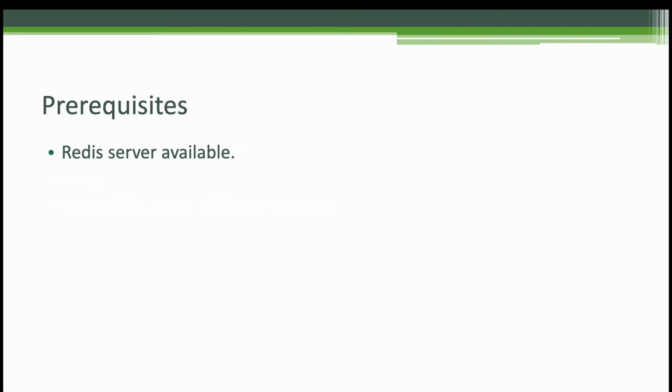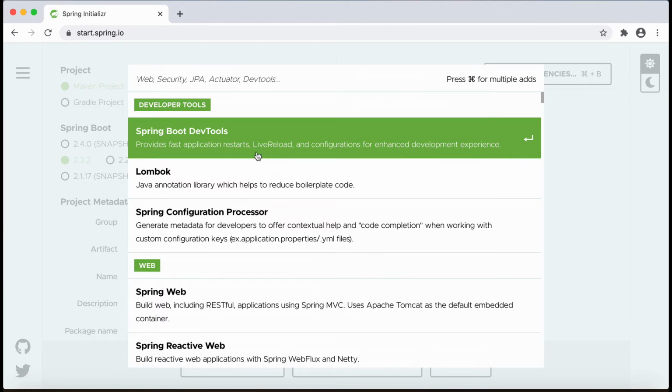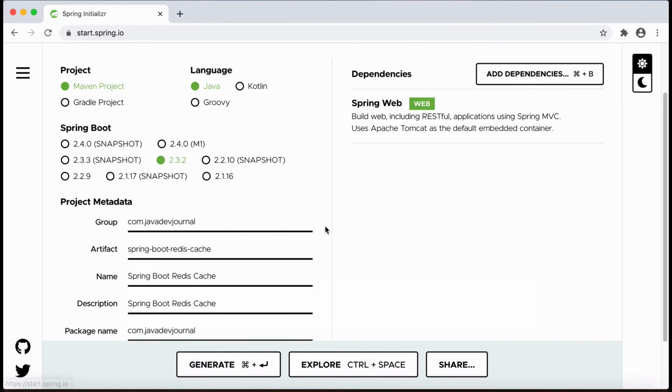All right. The first thing we are going to do is create our project structure. I'm going to use the Spring Starter. We'll open the browser, go to the Spring Starter, and fill out all the details based upon whether you want to use Maven or Gradle. I have already filled in a few of the details just to save some time.